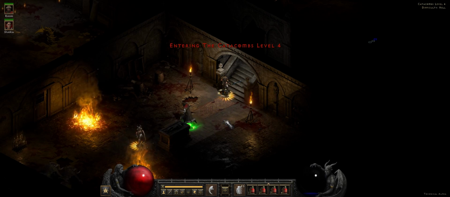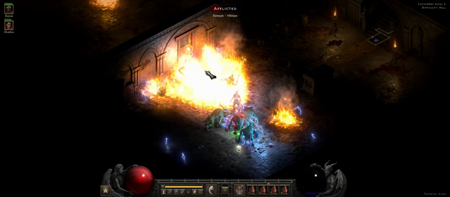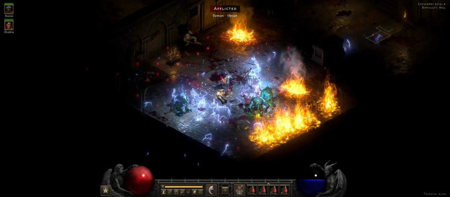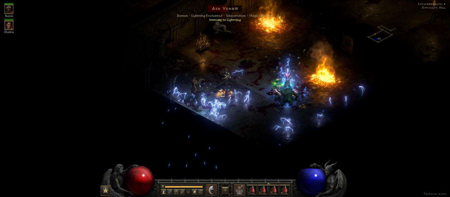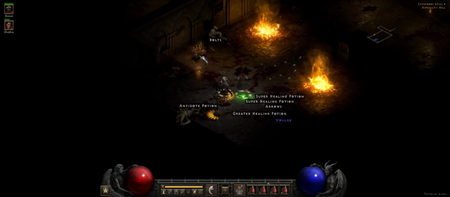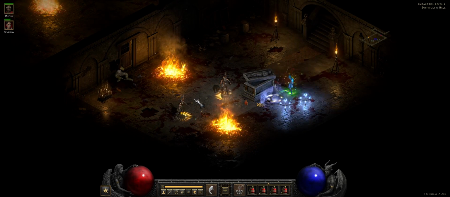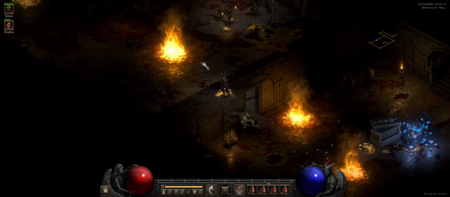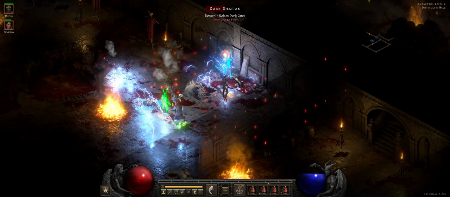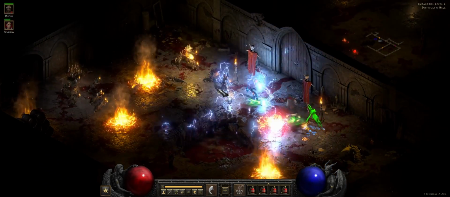Teleport. Okay. Yeah, it's not doing too bad. It's definitely not the fastest build, but it's not the slowest I've played either. And you can always throw up that Cloak of Shadows. It can't hurt. I don't think I really need it right now, but...